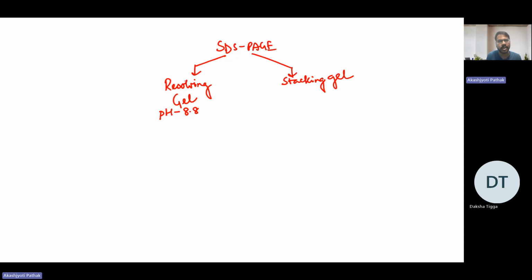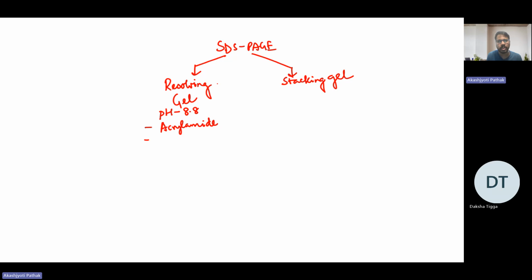First of all, let's understand what components are added for preparing the gel. The first component is your acrylamide. You can prepare different types of gels. You can prepare a 12% gel, a 15% gel, or an 18% gel. So any percentage of gel you can prepare depending on